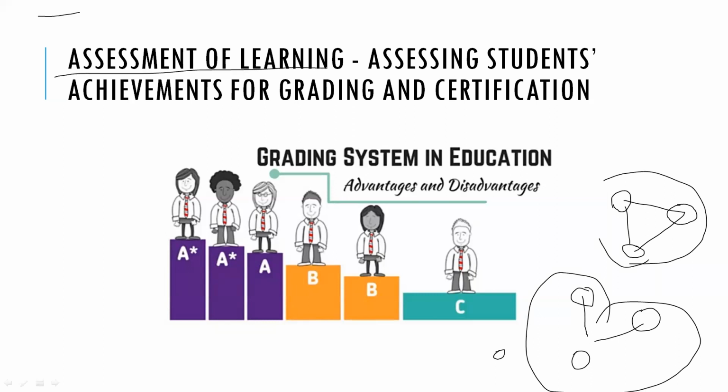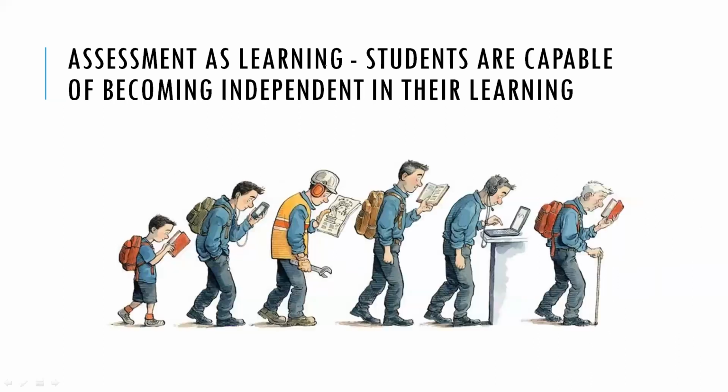It's assessment of learning, right? The last one is assessment as learning. Assessment as learning is how the individual is doing the independent learning. So independent learning is self-learning. Normally, this is very much important for a graduate. Right? Normally in our classroom, that independent learning is very much important.